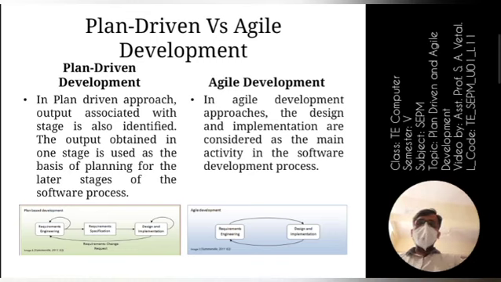But in agile development, only two parts are important, that is implementation and the requirements. The design and the implementations are the main activities in the software development. So the requirement engineering will be there. From that requirement engineering, we are going to design and implement. If there is any change, again we are going to do the requirement engineering. From that requirement engineering, we are again going to implement the design and implementation part of software development. So this is agile development.